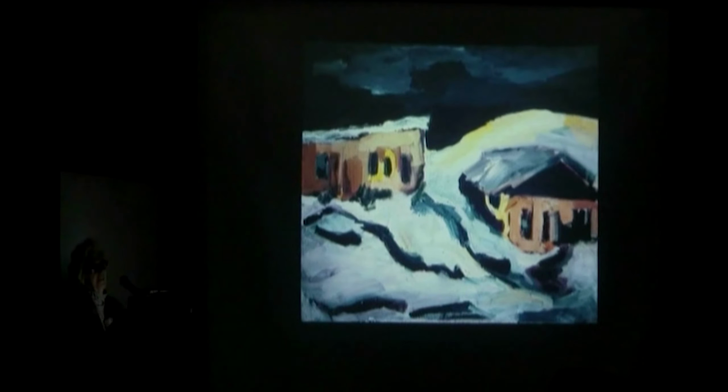This is an early landscape done in 1964. And the reason I'm showing it is because I'm going to be showing work that progresses from this point. And just so you know, I'll refer back to it from time to time. But I thought I should show it. And then I'm going to jump to something that's completely different, which is